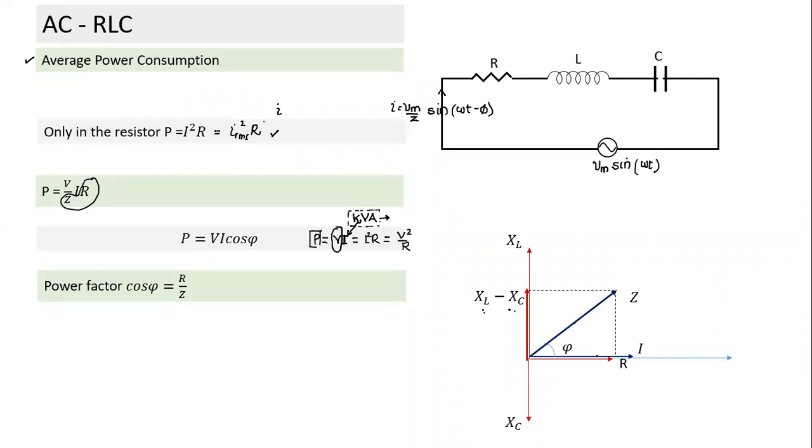Yes, sir. So it will be pure resistance then. XL is equal to XC. And in many industries, that's what they keep doing. We don't have to go into so much detail, but I have noticed that industries keep correcting the power factor so that it matches. It is always in phase.